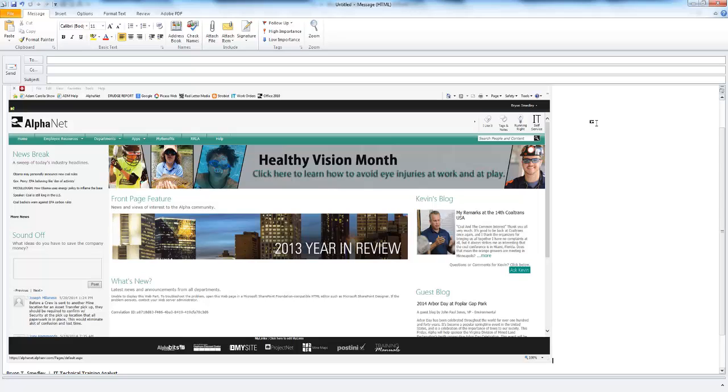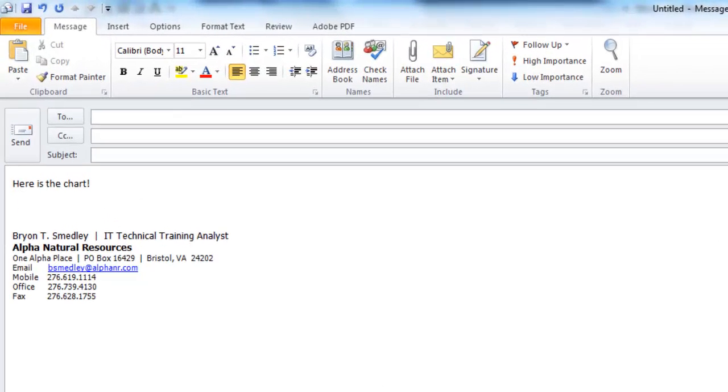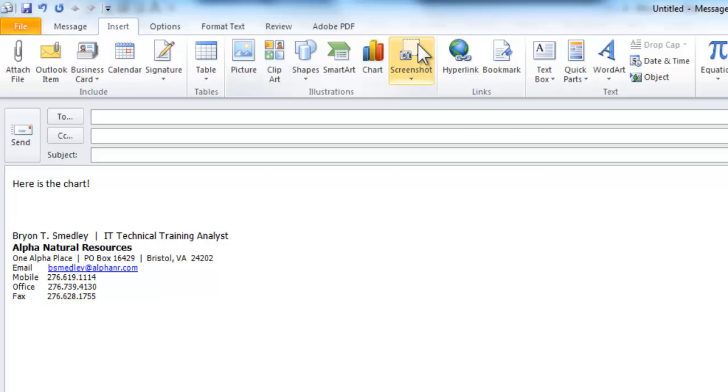But if I know that I'm going to only select a portion of a document, then there's a modified version of this where instead of you having to insert the entire screen and then crop it down, you just select the part of the screen that you're interested in. So I've got my email message, I want to paste my chart. I'm going to go back up to Insert, Screenshot,